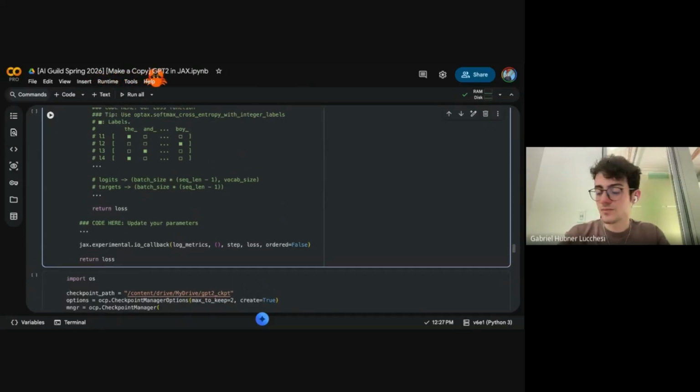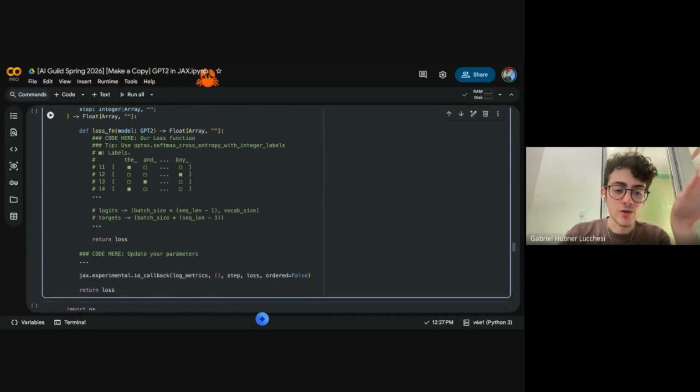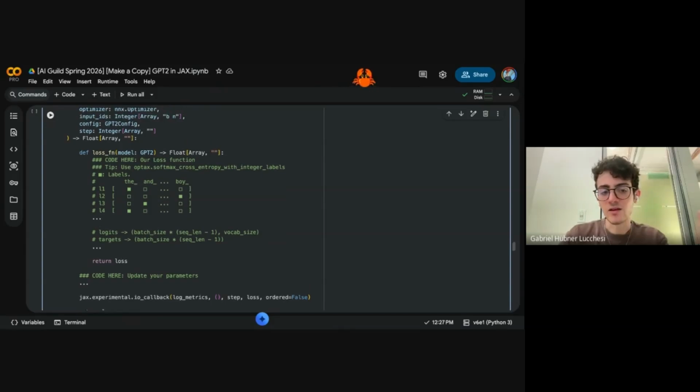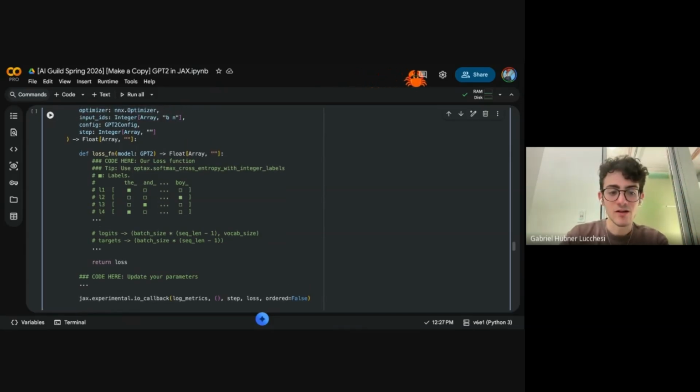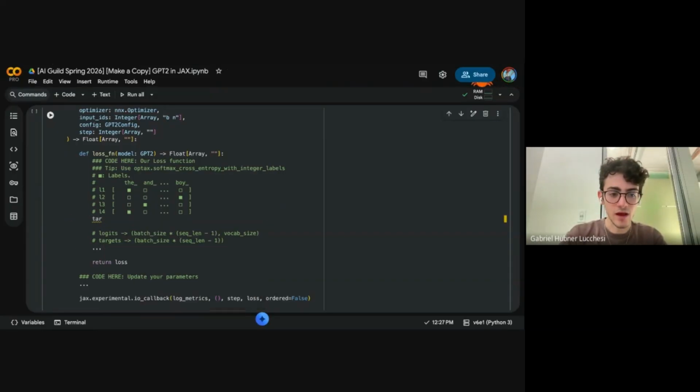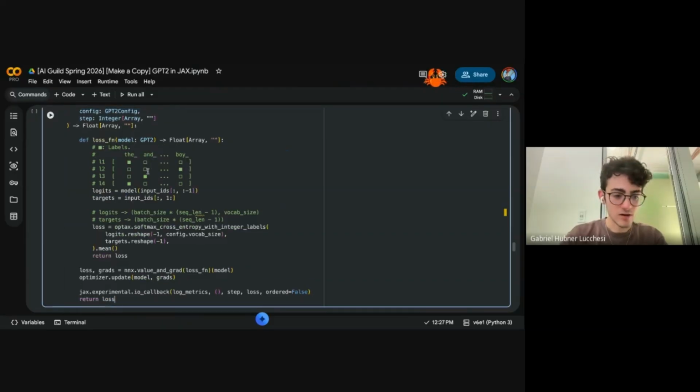A loss function for a language model, like I said, is literally just the next token. So we have a text and we have the tokens prior to that. We will just tell the model, given this previous text, your label is the token that comes after this. I'm just going to run through this because we're running out of time. Alex can explain this later in a different session.